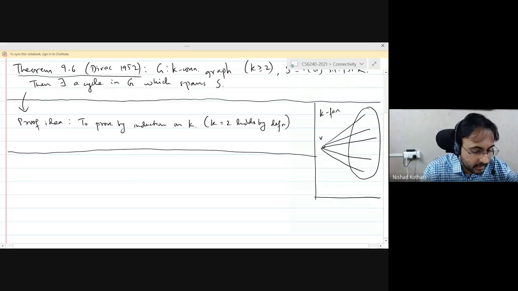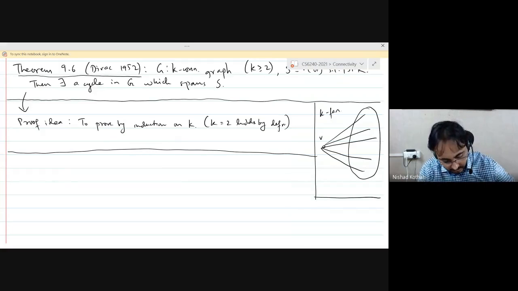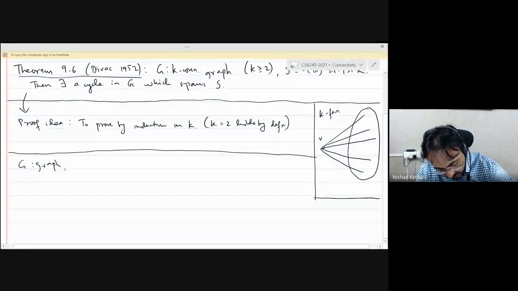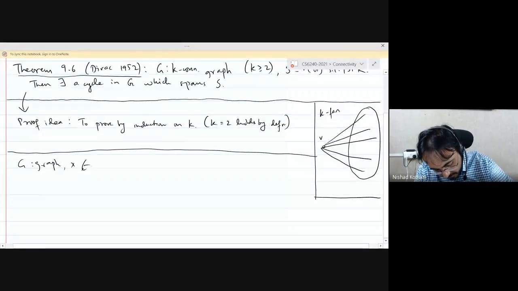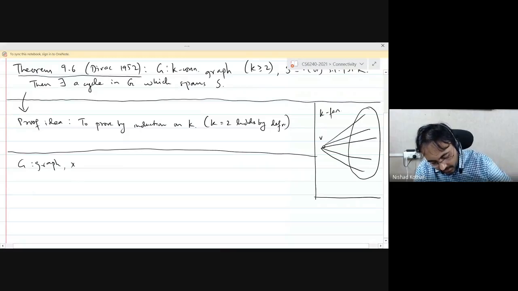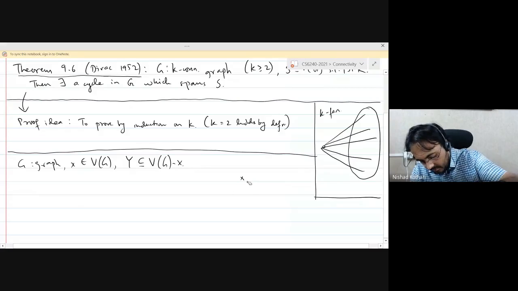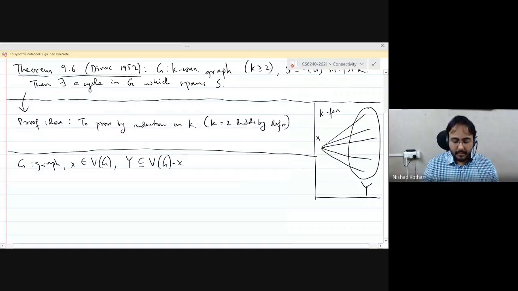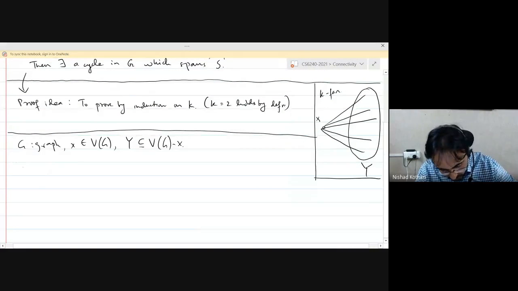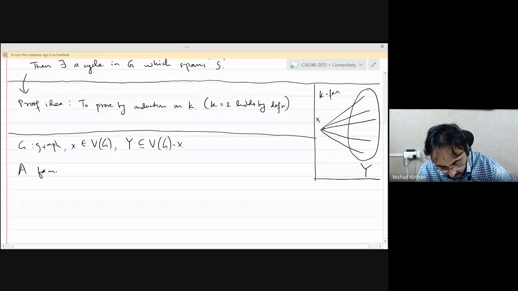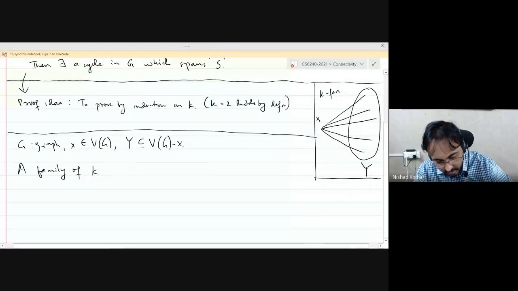So what is a k-fan? You have a graph G, you have a vertex X, and you have a set of vertices that does not contain X. Okay, so you have this one vertex X, and this is the set Y. So what we are looking for is a family of k pairwise